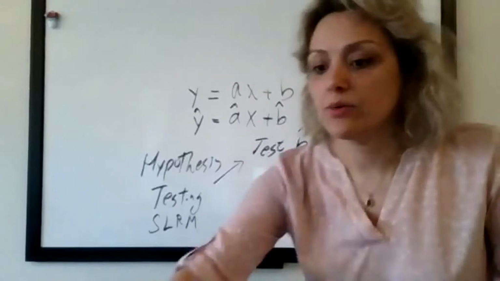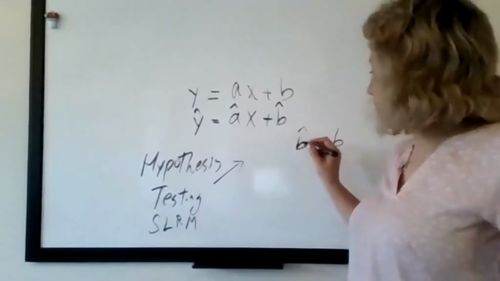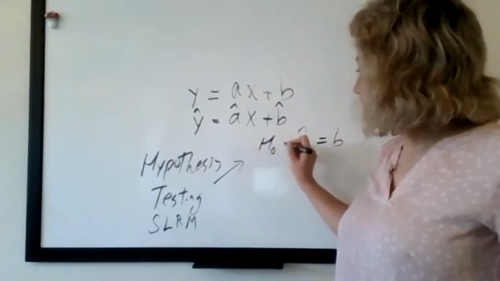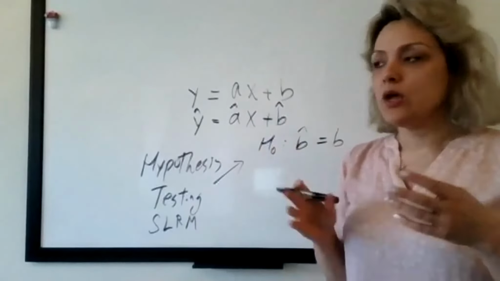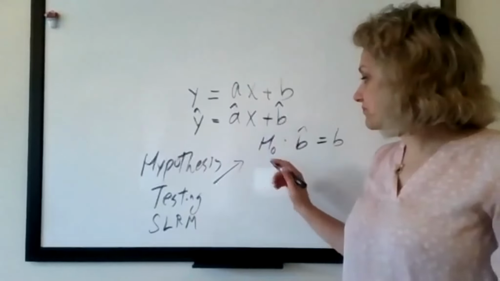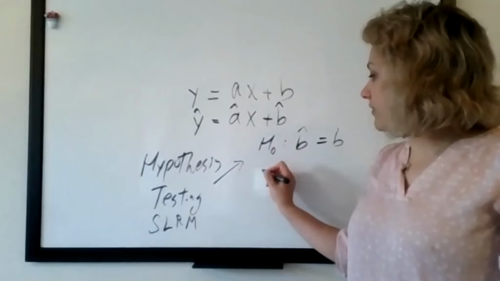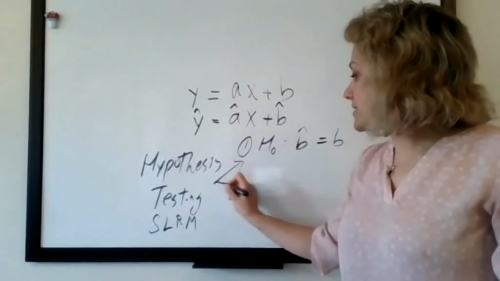I can write it down in an H null as well. I would say H null: B estimate is equal to B, the B that we had. You can name this B as B null as well, the B of the observations. And that's the first one, let's say the first category. The second one